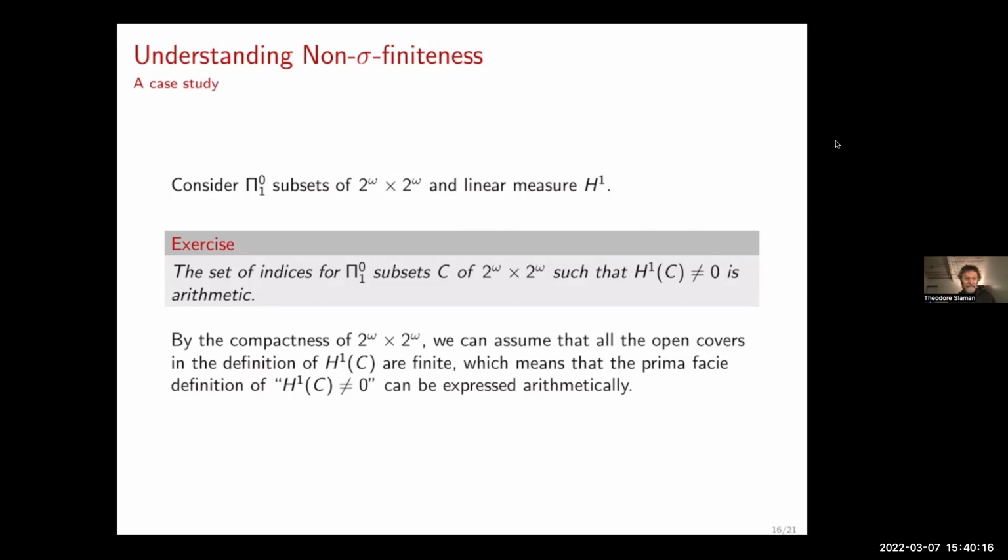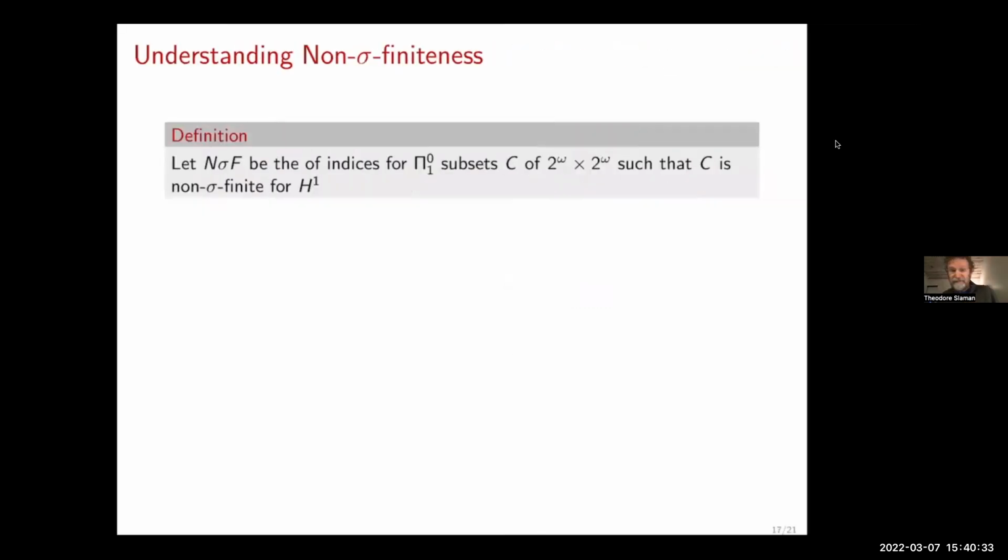Good. And then you have the possibility of using effective methods to analyze, to prove basis theorems and so forth, and get a pretty good understanding of how things work. At least you can get a grip on it from a recursion theoretic point of view. Okay. Now, for non-sigma finiteness, which is like infinitely infinite,